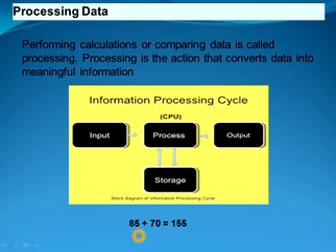For example, you want to add two numbers, 85 and 70. So 85 and 70 both act as an input for a computer, and the addition function plus is basically a processing action for a computer, and the output, which is 155, acts as an output after processing by the CPU.